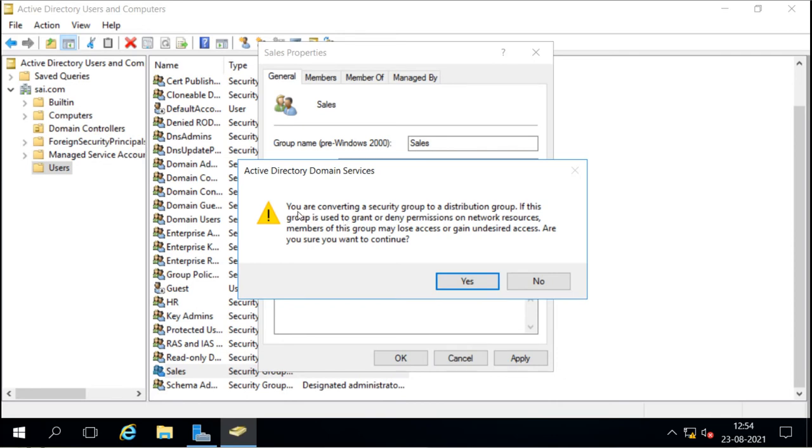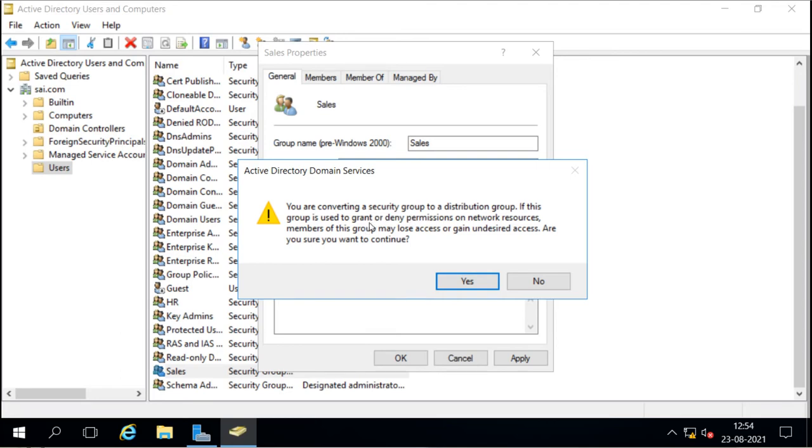Now what it is saying: you are converting the security group to distribution group, and if it is already used to grant or deny permission on network resources, members of this group may lose the access or gain undesired access. Are you sure you want to continue? Now we are converting it, we are not creating a distribution group.